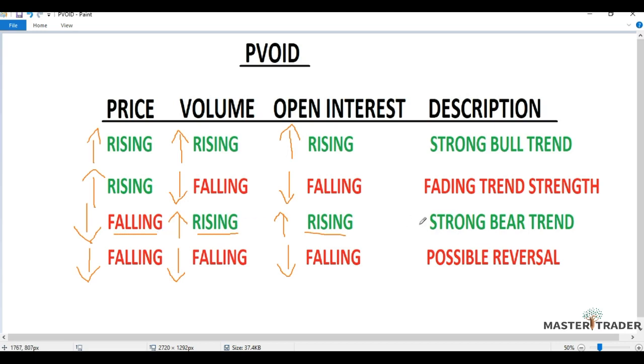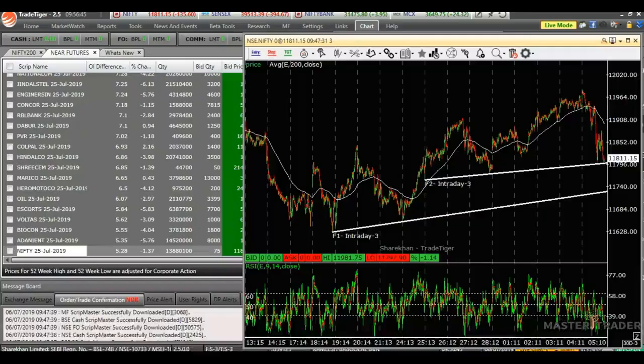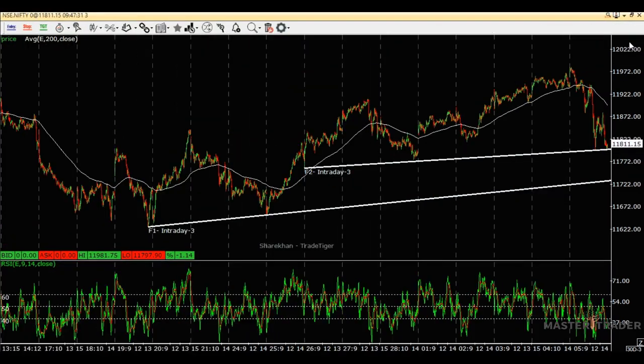So what does that tell me? Bear trend. So Nifty for now is looking bearish. It is giving sell indications. So now we can look at the chart. Now that the data is telling us that sellers are trying to take over the market,